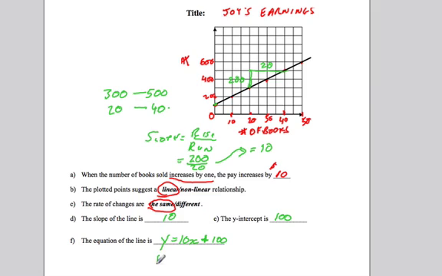We could actually write this. If we put in E for earnings, E is 10 times the number of books, so we'll put in N, plus 100. And that's the equation of